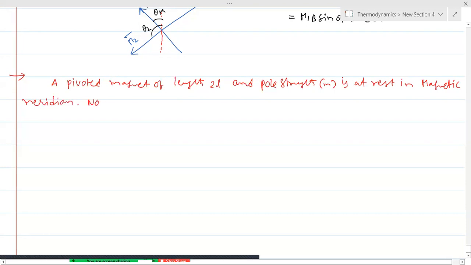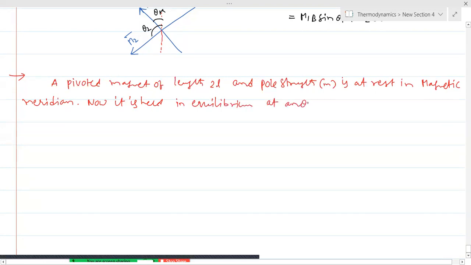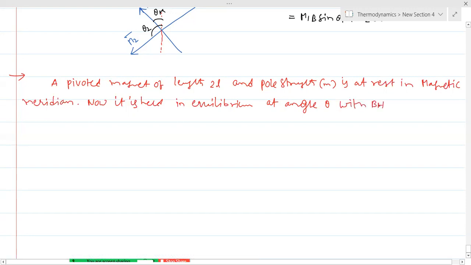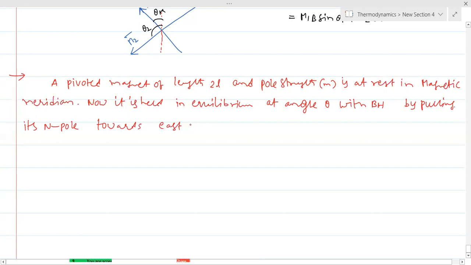Now it is held in equilibrium at an angle theta with BH by pulling its north pole towards east. Then the tension in the string is